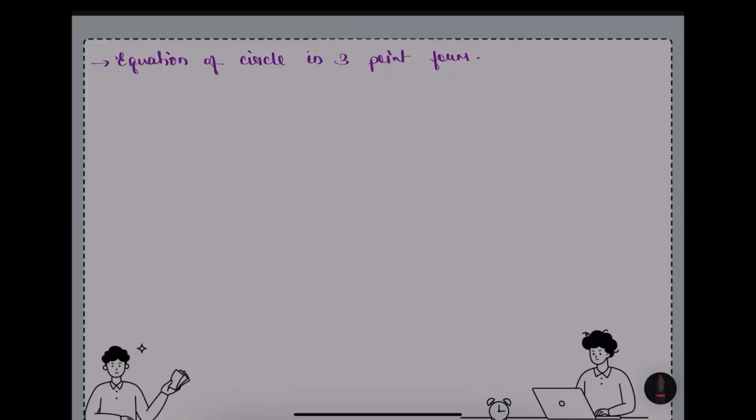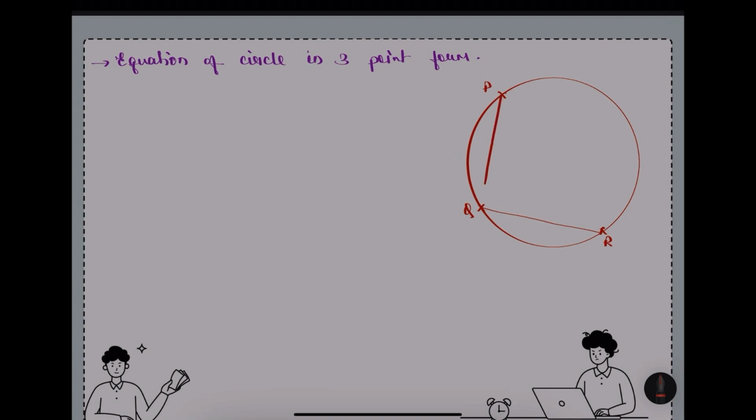So in this part we will understand how to write down the equation of a circle when 3 points on the circle are given. You can solve this question by two concepts. The first concept is, suppose you know point P, point Q, and point R. What you have to do is find the perpendicular bisector of the line PQ,